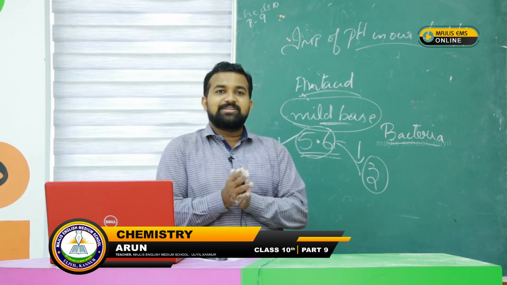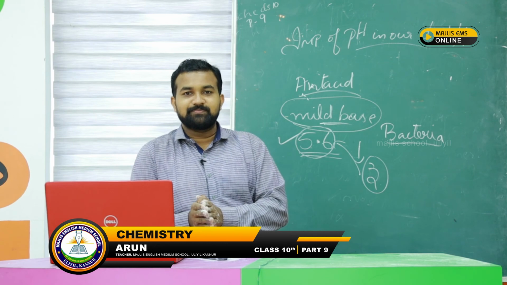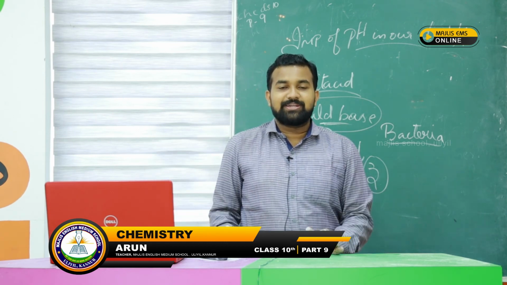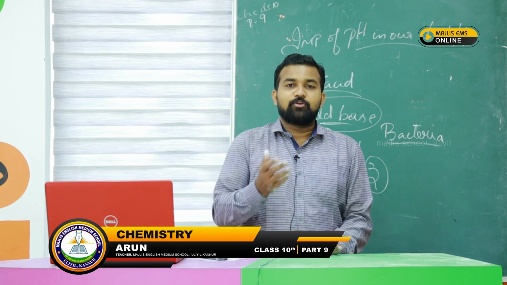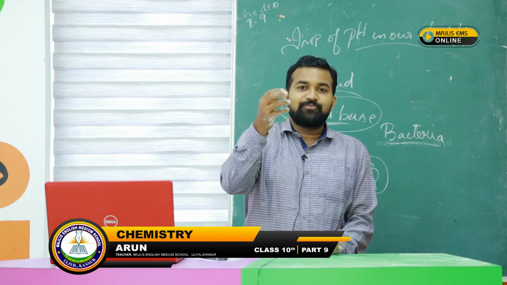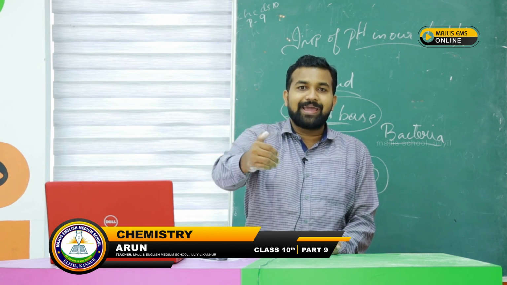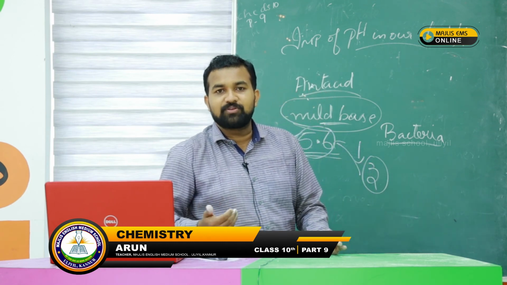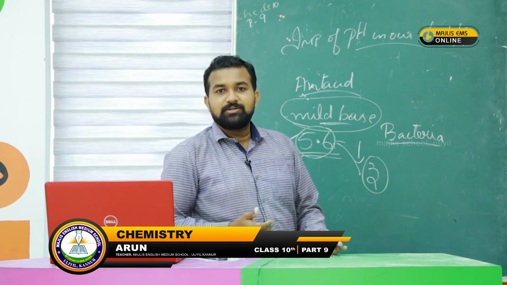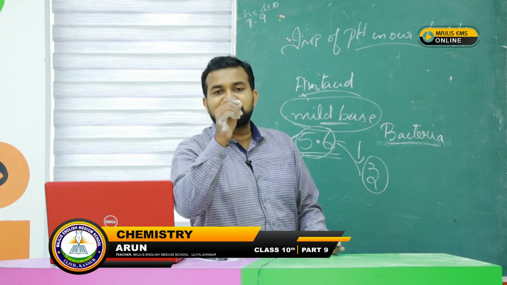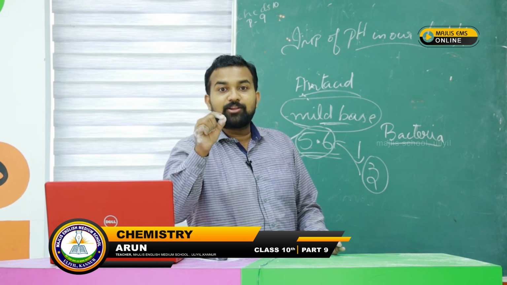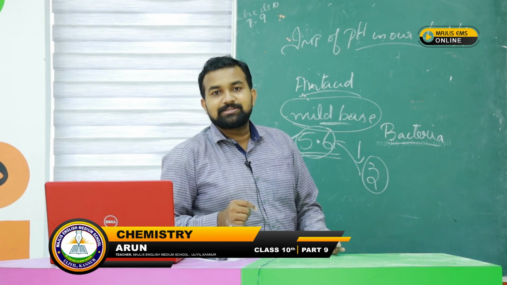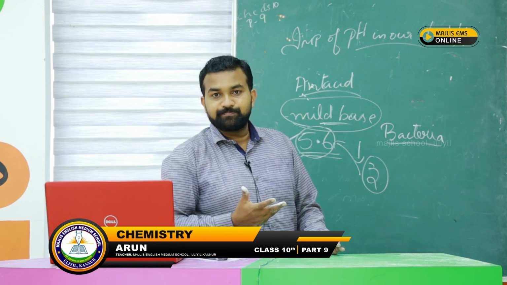Okay, so we were discussing acids and bases, and how to determine whether it is a strong acid or strong base, using indicators and the pH scale. If a substance is given and we get the pH value as 9, what is that? Is it a strong base, a strong acid, a weak base or a weak acid? It is a weak base. What will be the color of the pH paper if the substance has a pH value of 7? It is green.